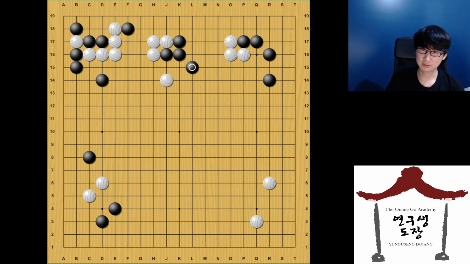Okay, so this is like a frog collecting power, and then when the next turn comes, black can jump high. So that is the move that I want